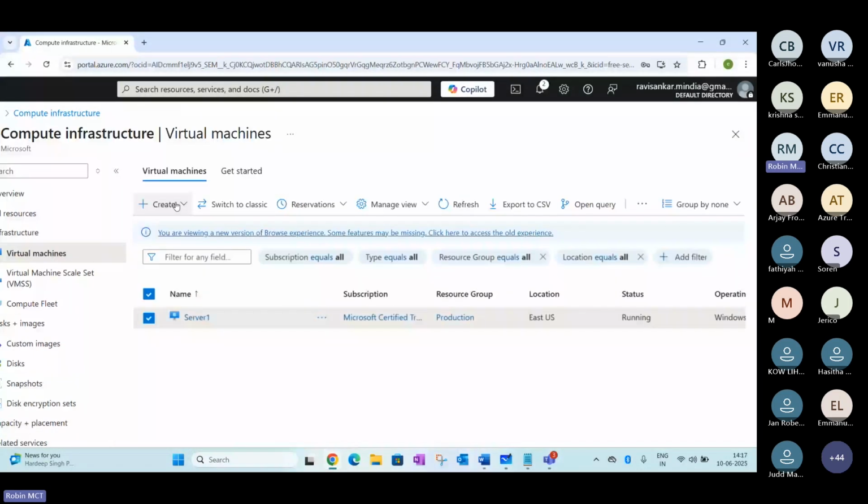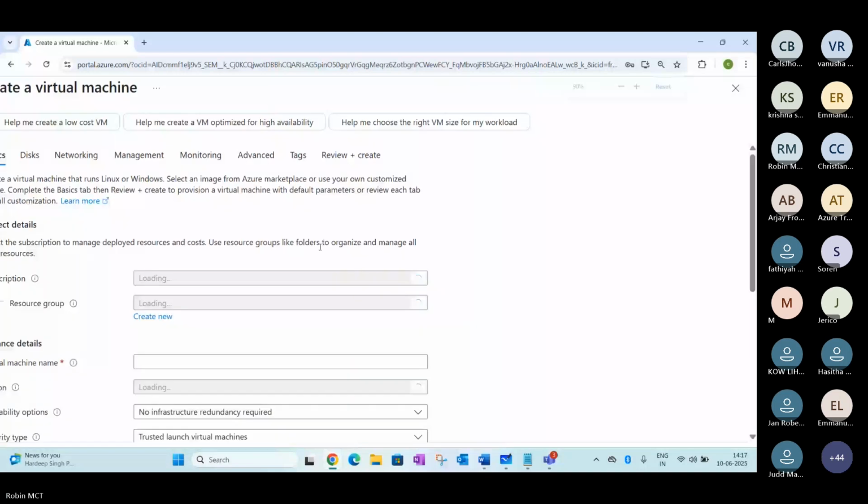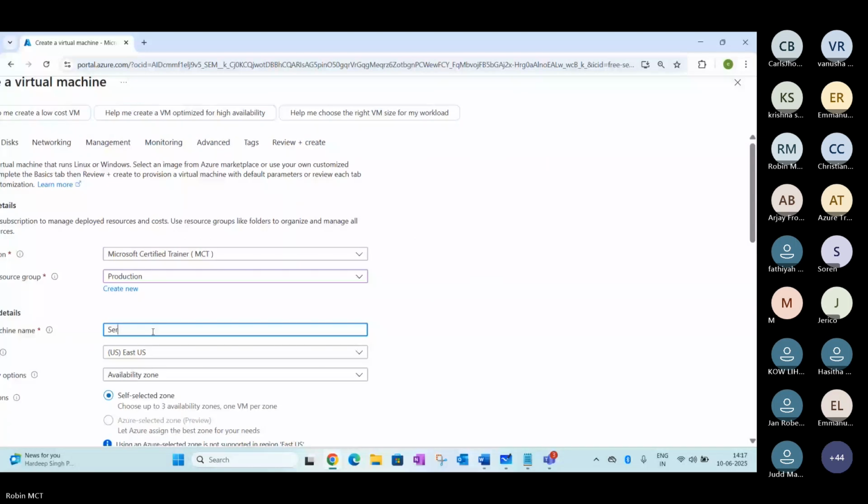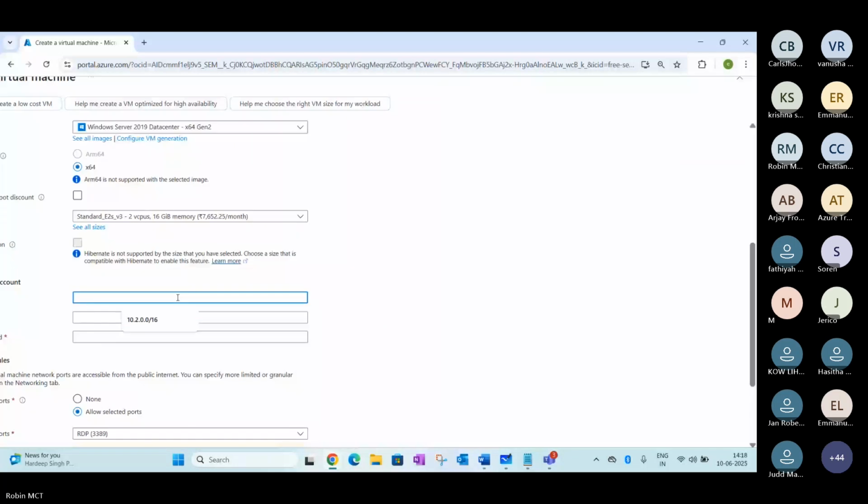I'm trying to connect it here. Server 2. I'm attaching it to the same network.